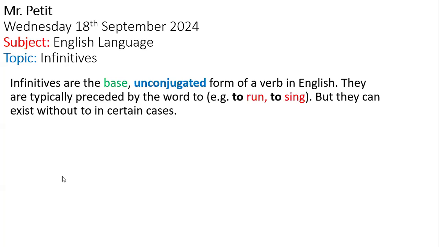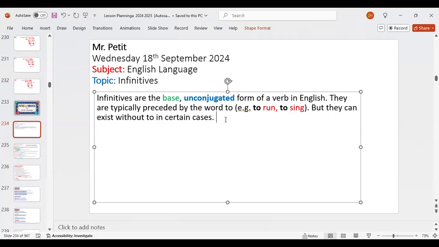Unconjugated from a verb in English. They are typically preceded by the word to. Example, to run, to sing, but they can exist without to in certain cases. Very good. So infinitives are versatile